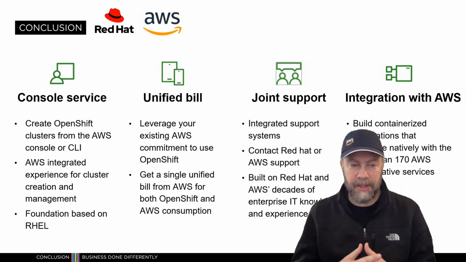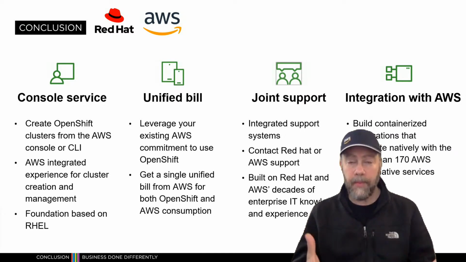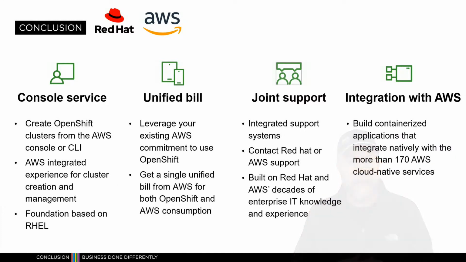And just as important as what ROSA brings to the table, it's also important to understand what it doesn't change. What it doesn't change is the platform itself. The technology is still OpenShift. It's the same Red Hat OpenShift that you run if you were running OCP or if you're running Dedicated. It's the same version, same code base, etc. So you're not going to miss out on any features.